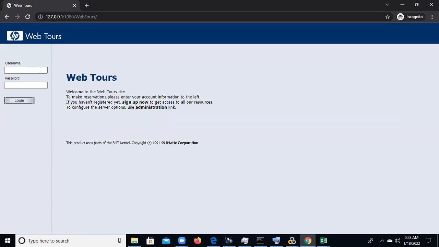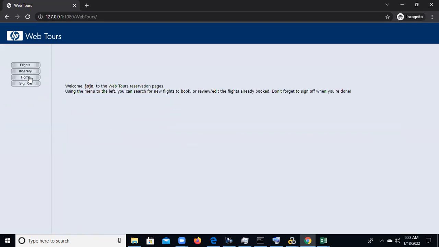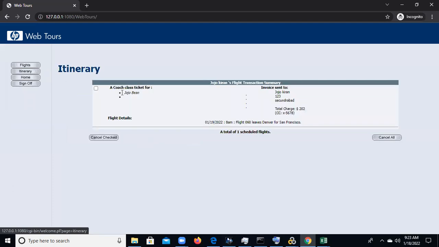We have the option there, right? Here, see, I'm logging in again. The login will be there, right? After login, you can see the itinerary. You can click on that one. If you want to delete, you can select and delete.